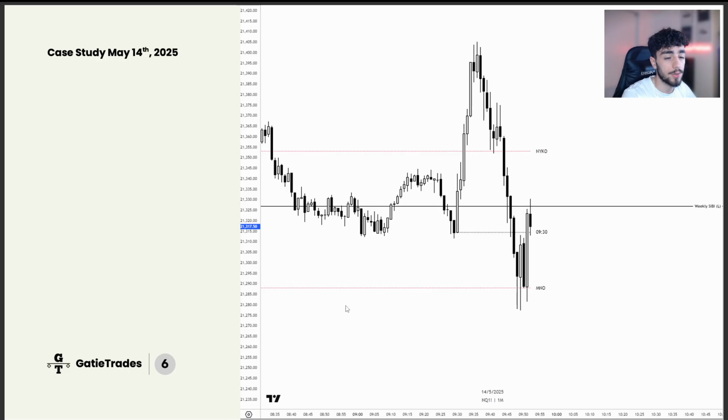So very generic example of how you can use opening prices. Notice the accumulation that occurs here. So not only do we accumulate here going into 9:30, but we have accumulation pre-market. Then 9:30 opens and we have a Judas swing higher. We're going to talk about Judas swings in another video, but a Judas swing is basically a fake move. So we have accumulation, we have a manipulation higher, and then we get that distribution lower. There's a classic power of 3 setup.